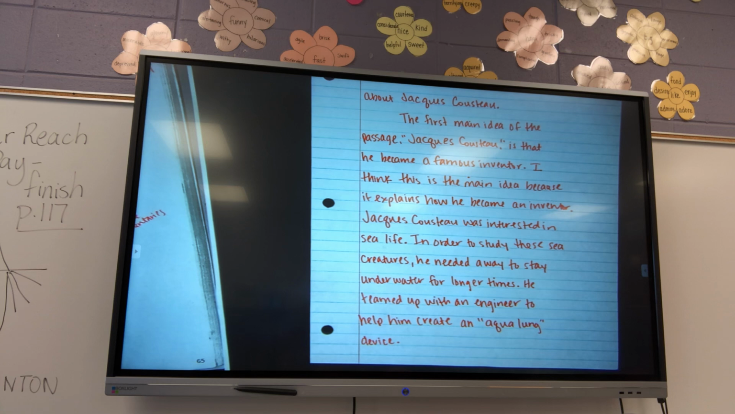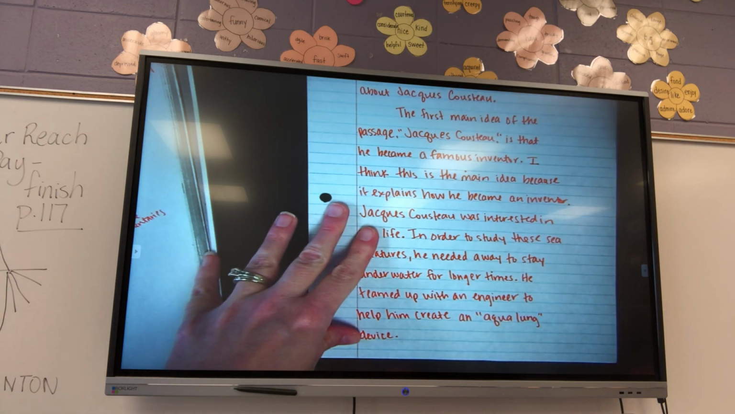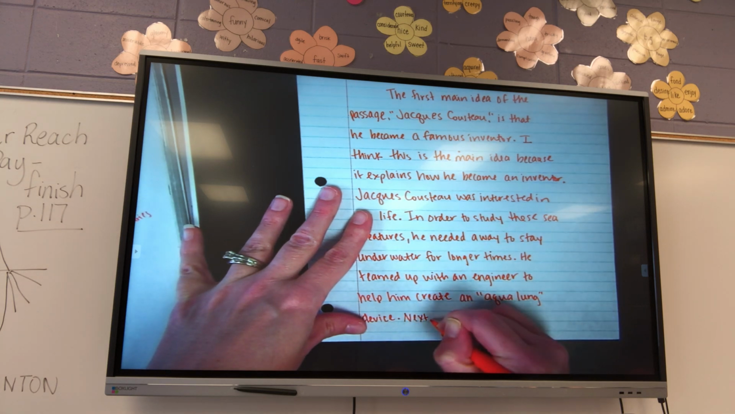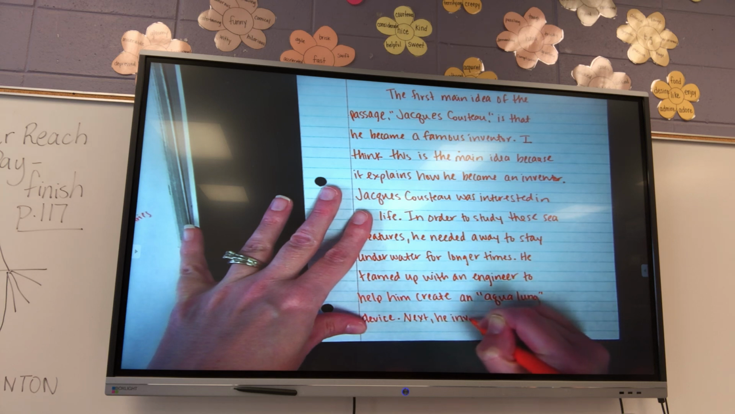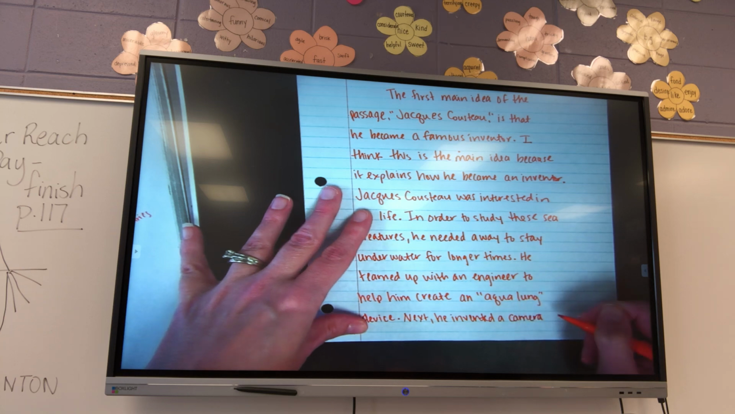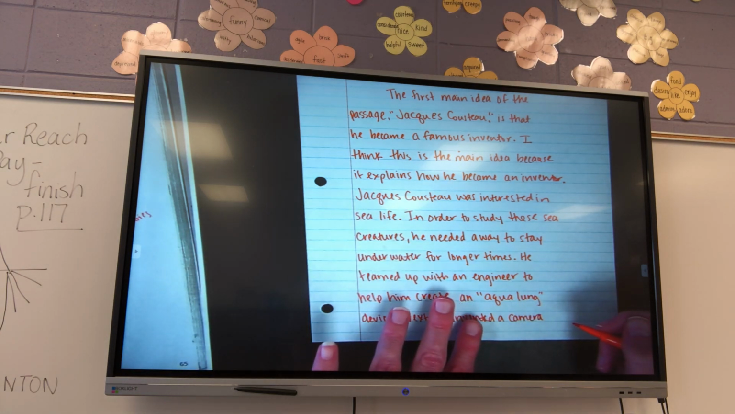Alright, so now, that was his first invention, and that helped him to stay underwater longer. But then, he needed something to help him capture photos of these sea creatures. So he worked, and he invented a camera that was able to work underwater. So I'm going to say, next, he invented a camera that worked